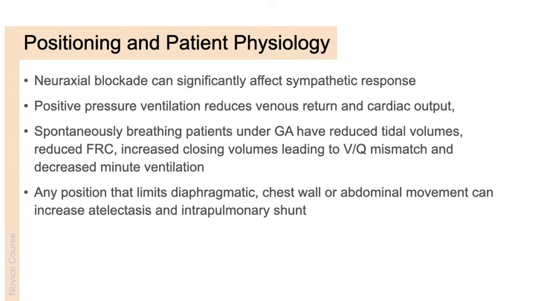For spontaneously breathing patients under general anaesthetic, they will have reduced tidal volumes, reduced functional residual capacity, and increased closing volumes, leading to a VQ mismatch and decreased minute ventilation. Therefore, any position that limits diaphragmatic, chest wall or abdominal movement will increase atelectasis and intrapulmonary shunt. So in positioning a patient, especially if they're spontaneously breathing, in a way that compromises their ventilation, you can see how